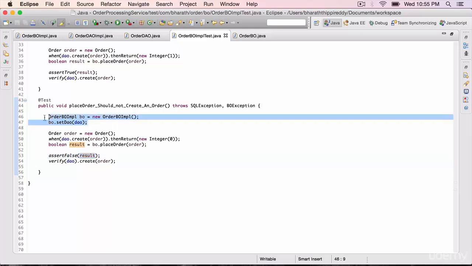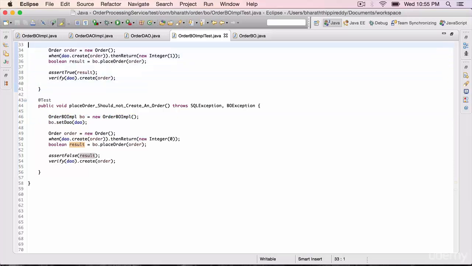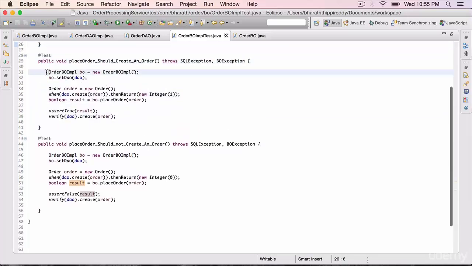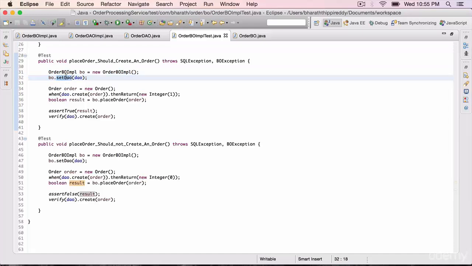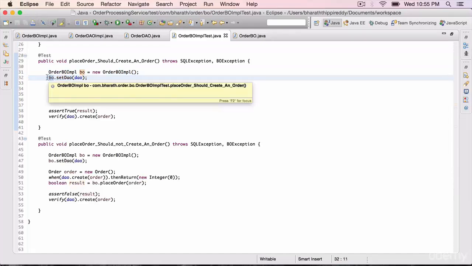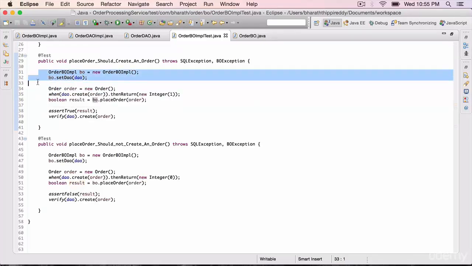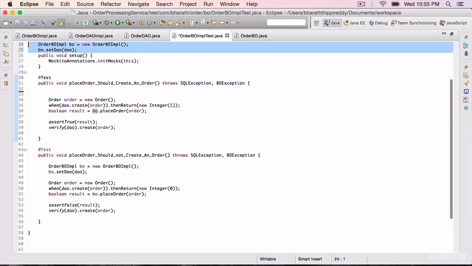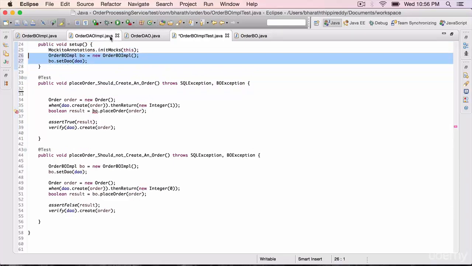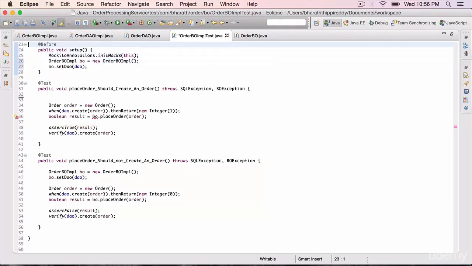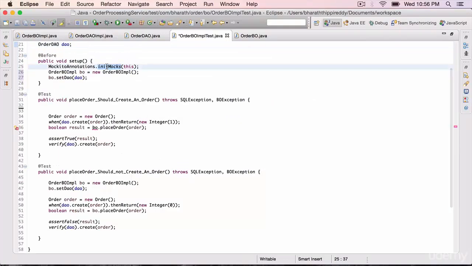Here, if you notice, we have some code repeating. So we can refactor that, or we can move this instantiation piece and setting the mock object onto the BO into our setup method. So select that whole thing, hold the Alt button, move it up, press the up arrow. So we can place it in the setup method right after we call the initMocks.